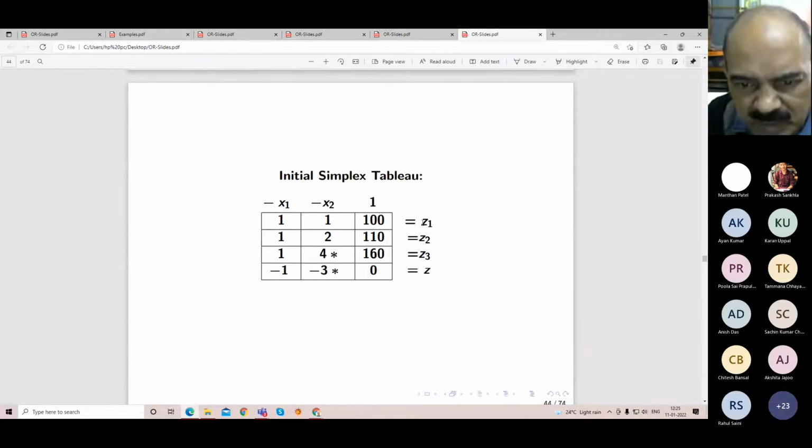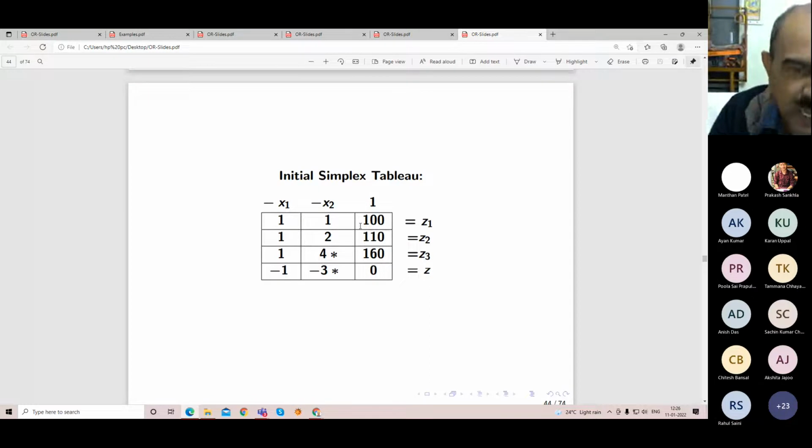If you find in a table x1 column, x2 column, Z1 column, Z2 column, Z3 column, you will find 2 plus 3, 5 plus 1, 6 columns. That table we can name as the extended simplex table. And this table, since the basic variables are not there, we will name as the condensed, reduced simplex table.